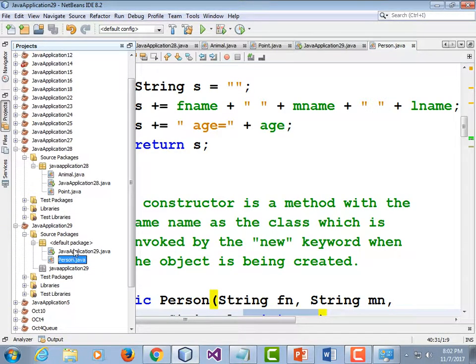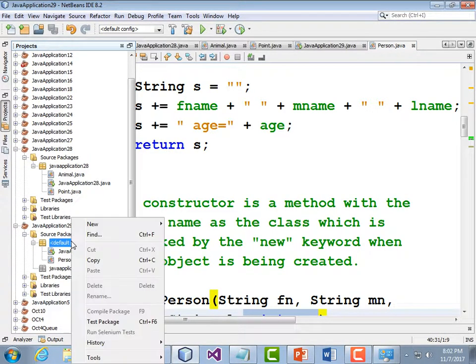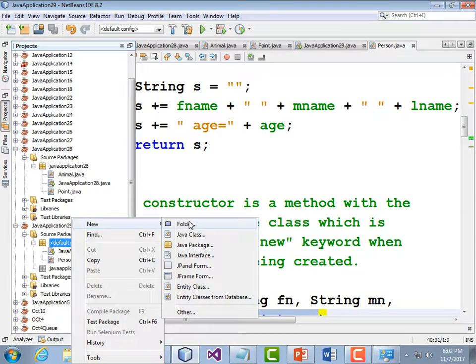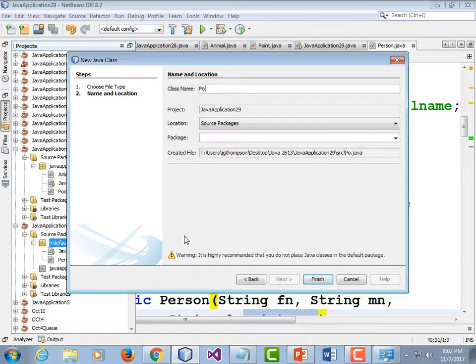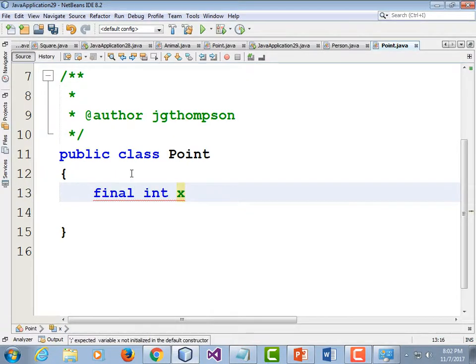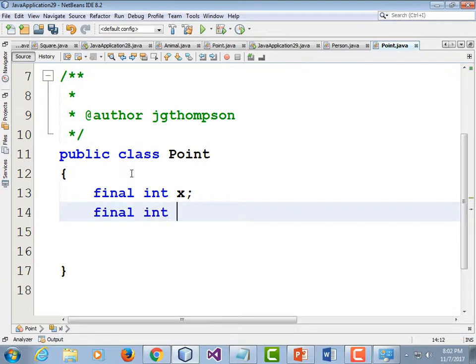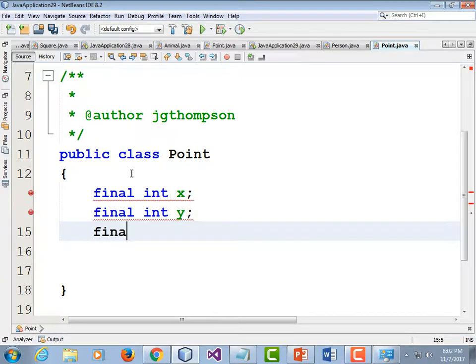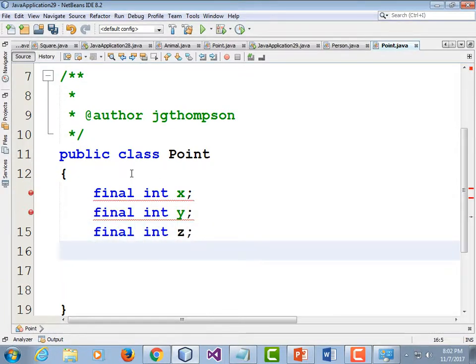In the same folder as your Java application and your person class, let's just do a point that has an X and a Y. So new Java class, call it Point with a capital P. And we're going to do a final int X, a final int Y, a final int Z,